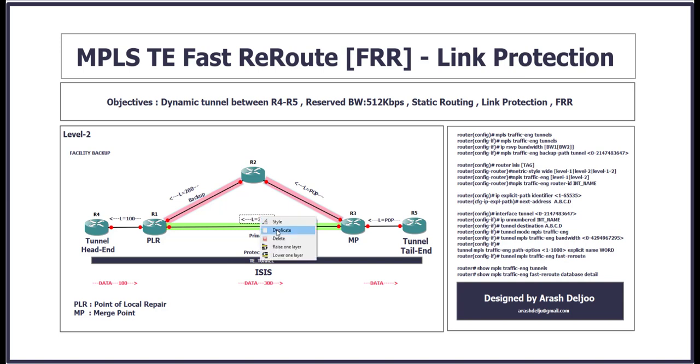Now after some seconds, this link fails. Because of that, we don't have this link. In the normal condition, we need to send a path error message from R1 to R4. Here we have different